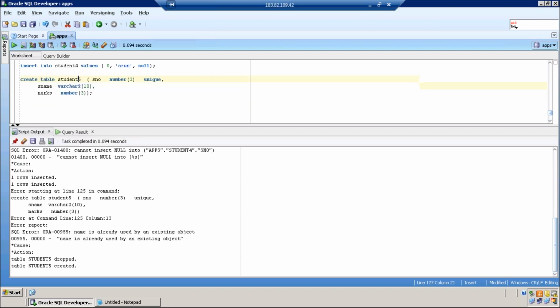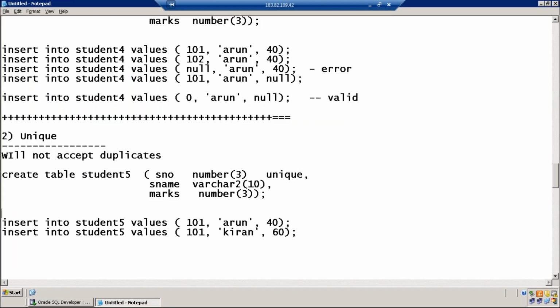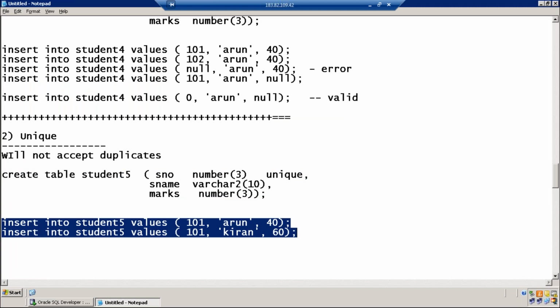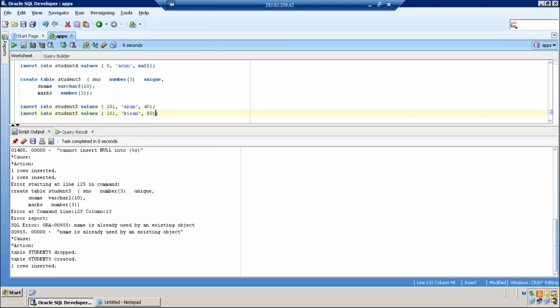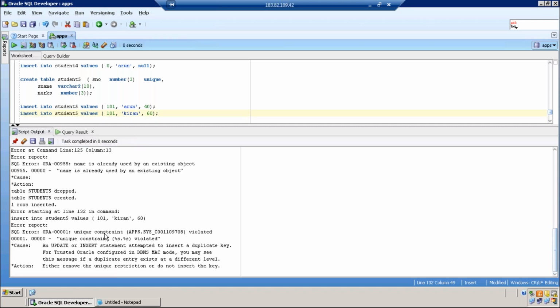Table created. First record valid. Look at the second record. Error message: unique constraint violated. So unique will not accept duplicate values.